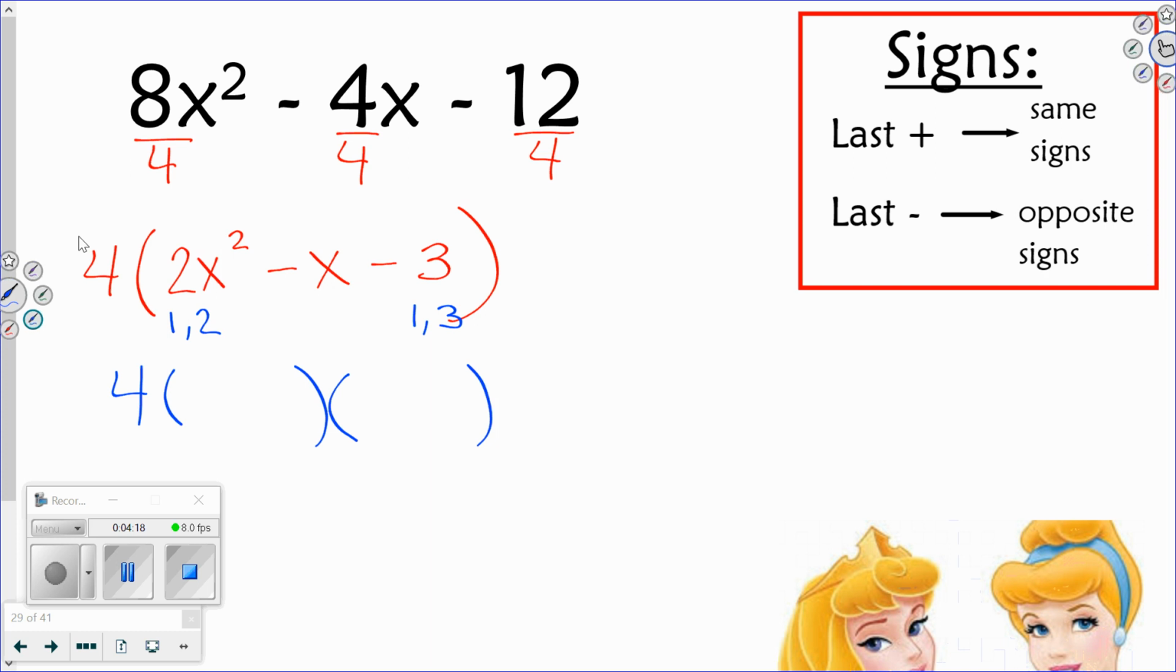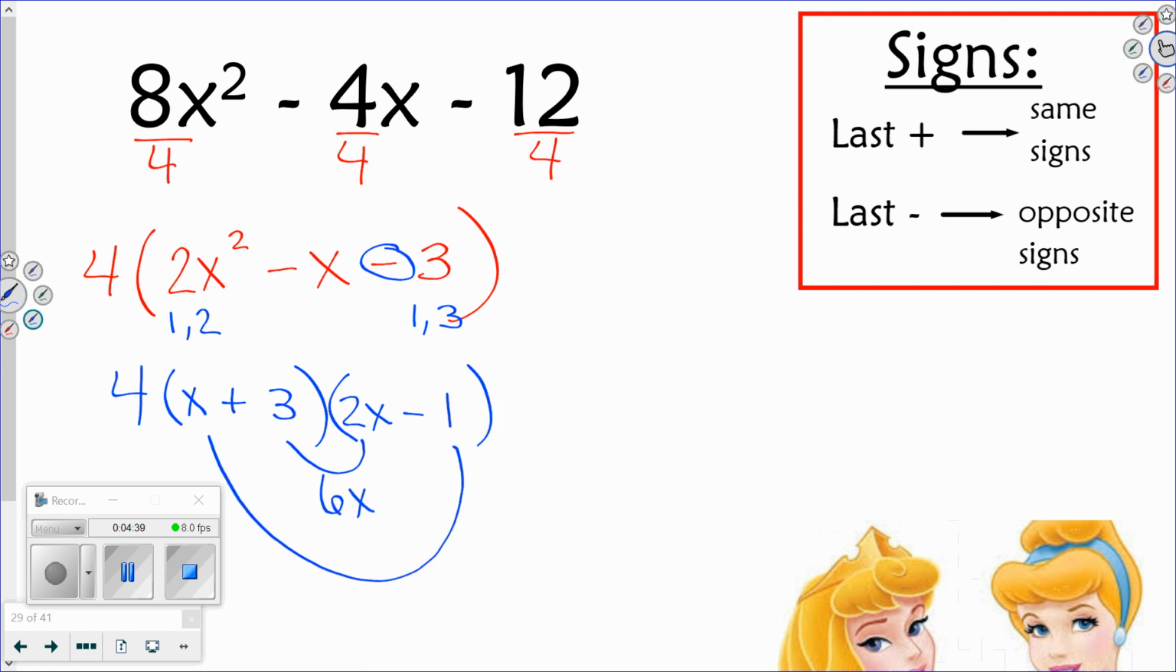Don't lose baby brother. Last one is negative. My signs are opposite. Good. One's plus, one's minus. So options for A is just 1 and 2. So 1x and 2x. 1 and 3 or 3 and 1? 3 and 1. Checking. We get 6x